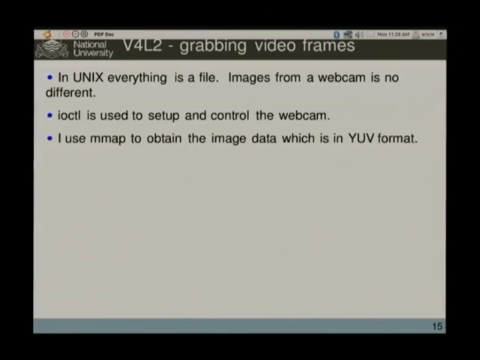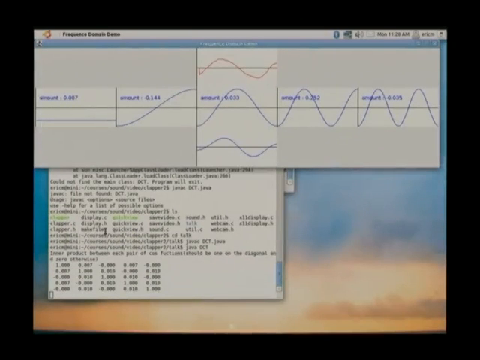I'm just about out of time. I'll quickly just say a few things about what's happening inside it. So in Unix, everything's a file. So often when you deal with stuff in the system, you deal with it via a file. And images from a webcam are really no different. You have a special file,